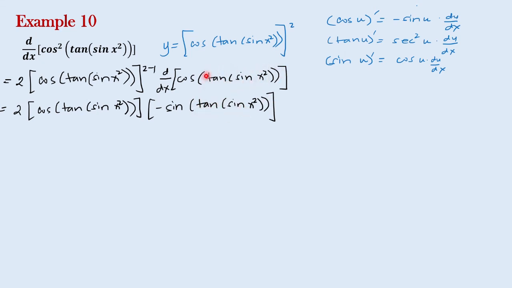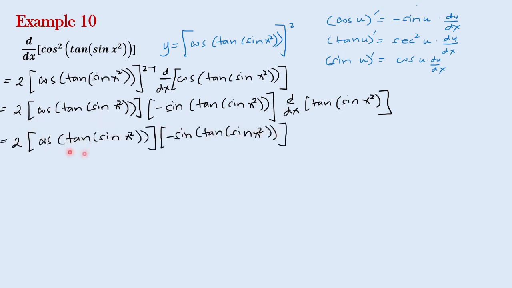So this would be our u. So I would be having the derivative of tangent of sine x squared. So let us just copy these factors